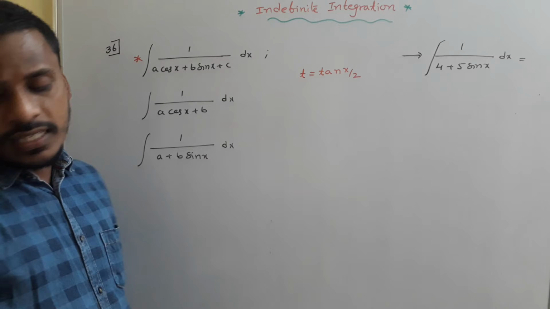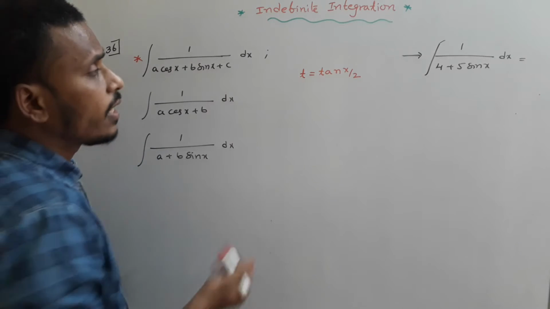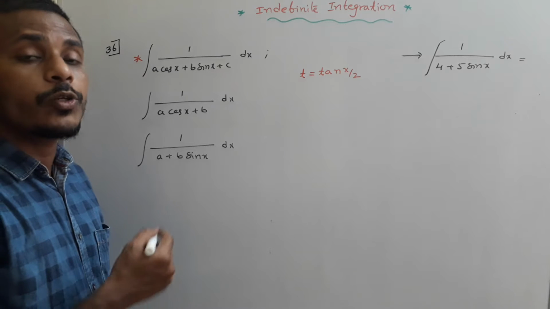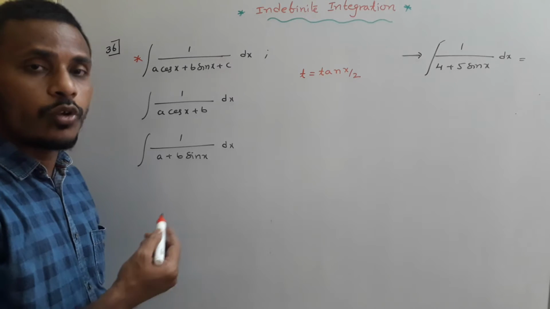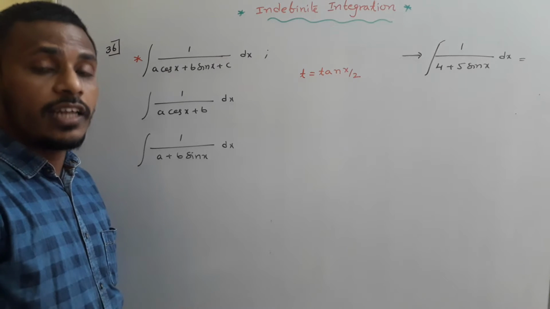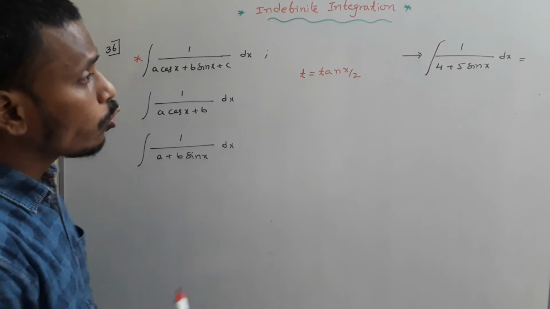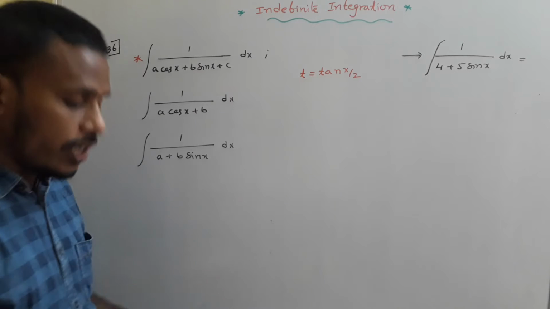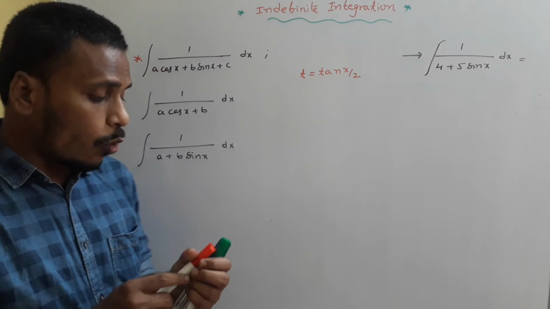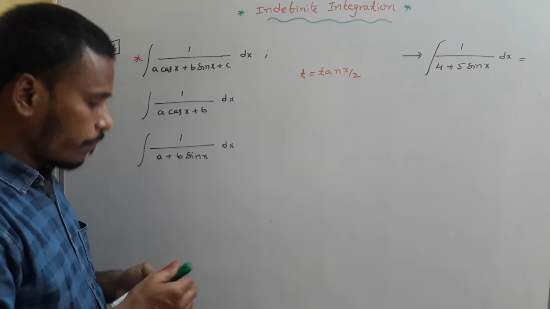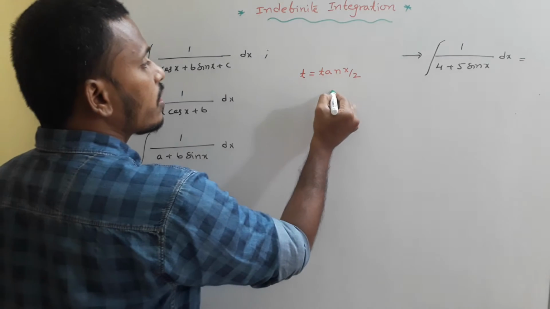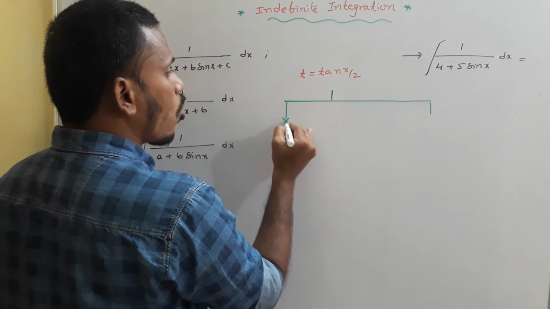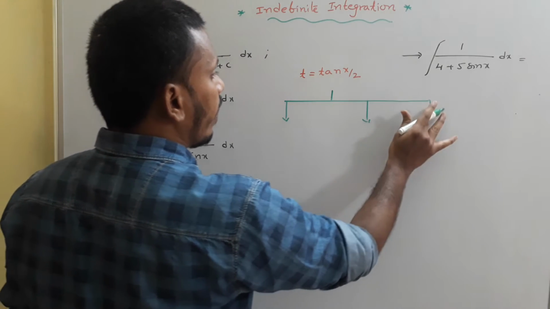Now, as I said, the suitable substitution is t is equal to tan x by 2. Now, since t is equal to tan x by 2, what is the possibility to replace sin x in terms of t? What is the possibility to replace cos x in terms of t? And what is the possibility to replace this dx in terms of t? That's all we need to know first. Okay, right. Since t is equal to tan x by 2, you just think about sin x, cos x as well, dx and everything now here.